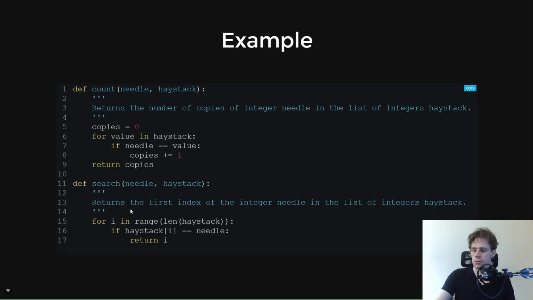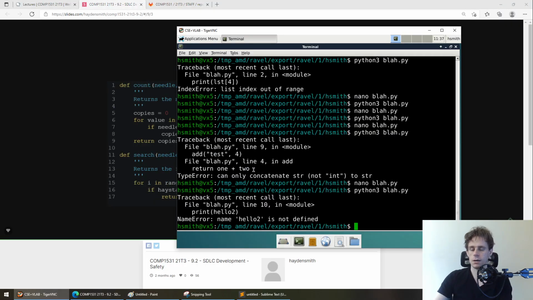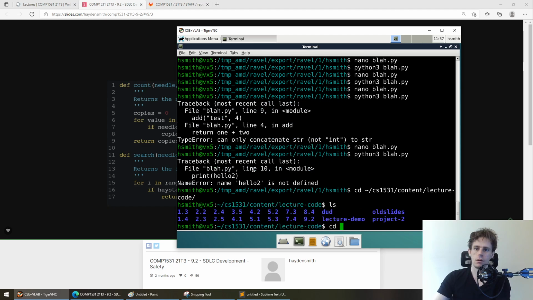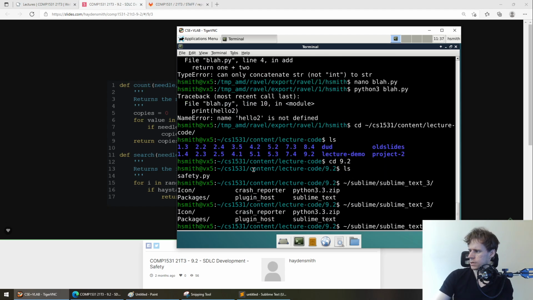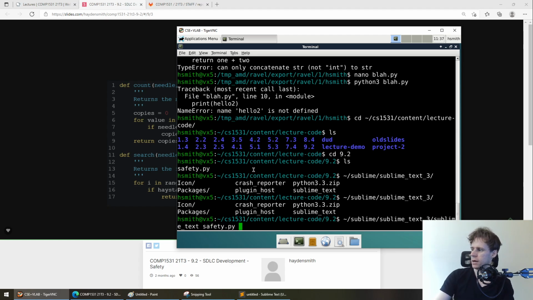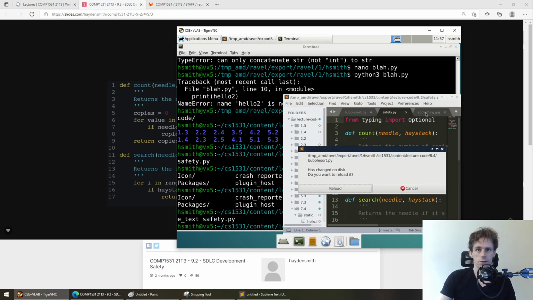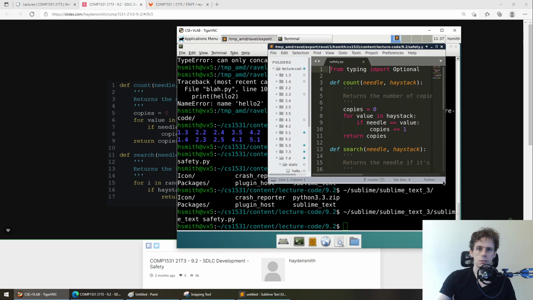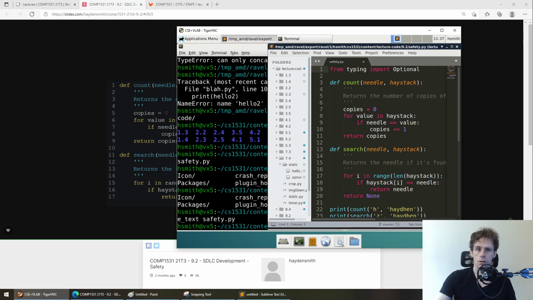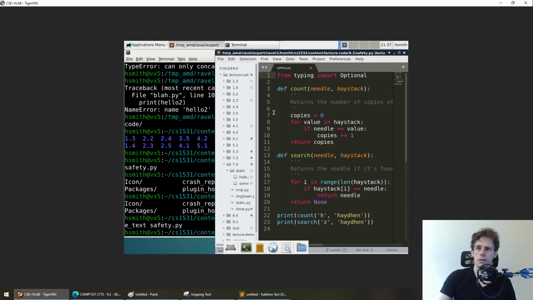Now, here is an example of some code. We actually have this up in 9.2. Yep, 9.2. My head's in the way. Even I can't see it. Oh, there it is, over there. Why isn't this working? Oh, okay, cool. Safety.py. Right, so what I've got here is this file called safety.py. Now, it's basically a... VLab's tiny. There we go.